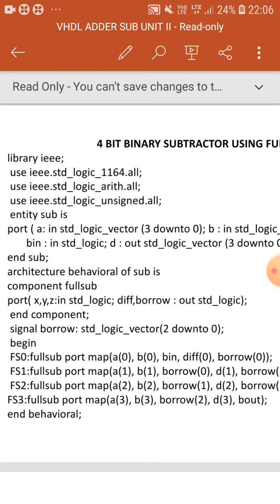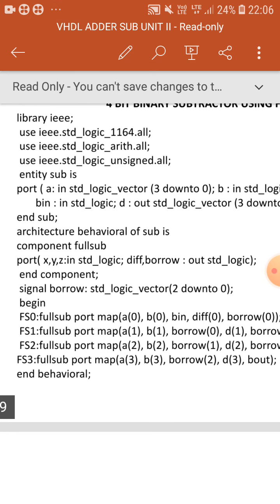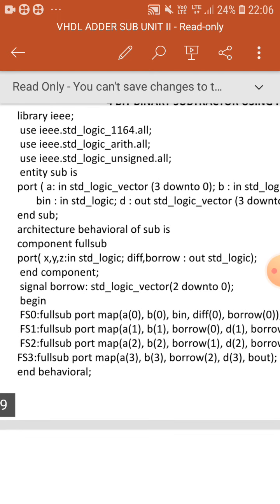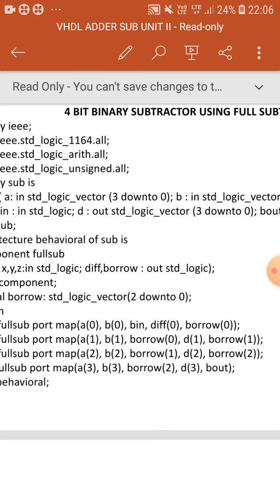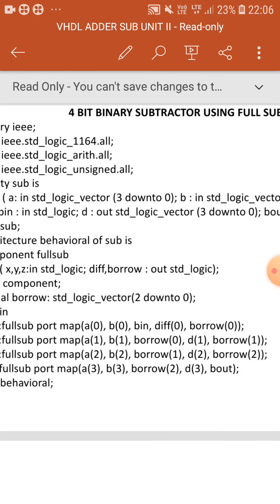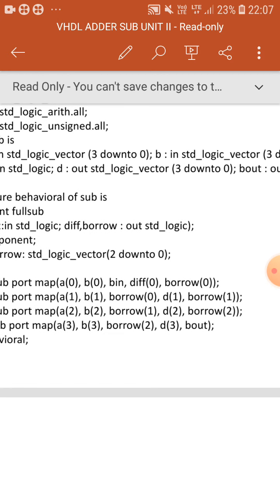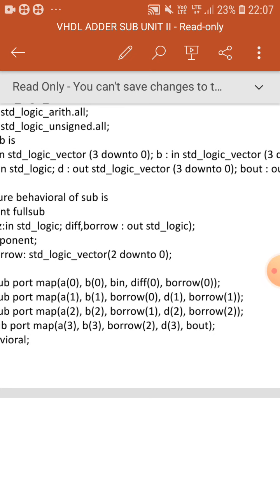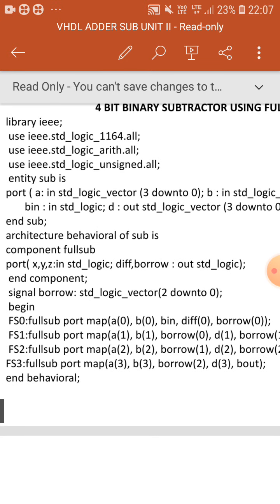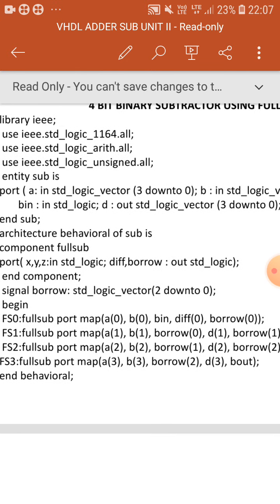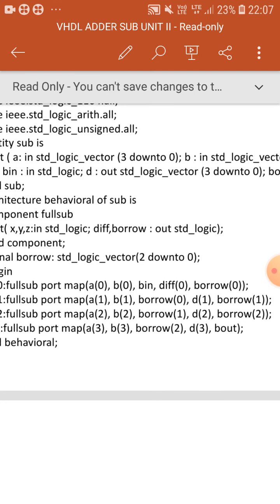So I am mapping the first full subtractor. So fs0 colon calling first full subtractor. Okay, so entity name of full subtractor is full sub. So you have to write full sub. Next port map, then a naught, b naught, b in are input. So a of naught comma b of naught comma b in, then d naught, borrow 0 are outputs. Sorry, I had a mistake here, d of 0.